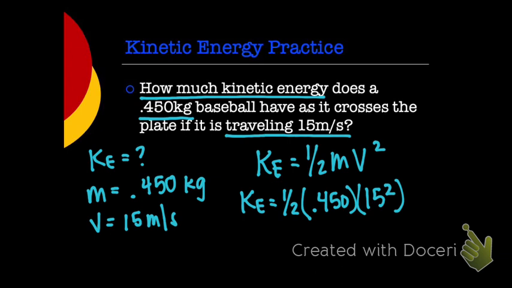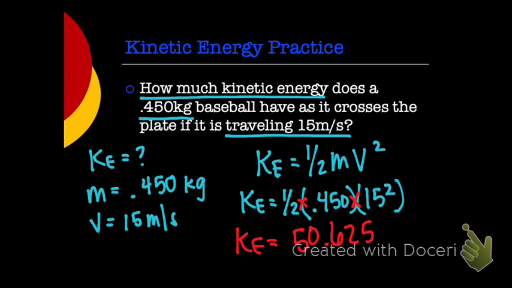In my calculator, I would go 15 squared, and then I'd go ahead and hit enter. What does that give me? 225. Now, what do I want to do to that number? I still have to multiply it by both of those things, right? These are all multiplied together. So I'm going to take 225 and hit times. That automatically takes my answer times 0.450. Okay, and I get a kinetic energy value equal to 50.625.